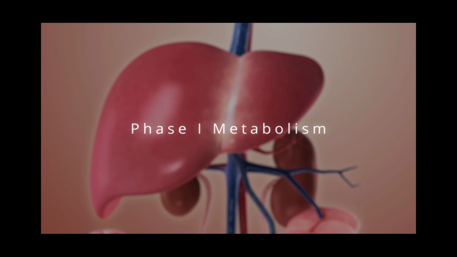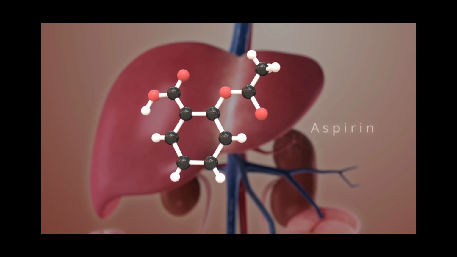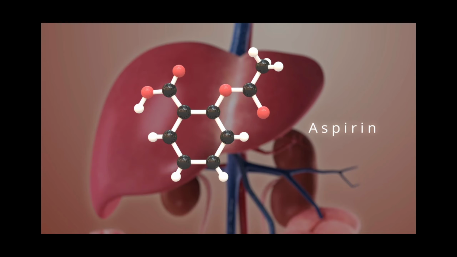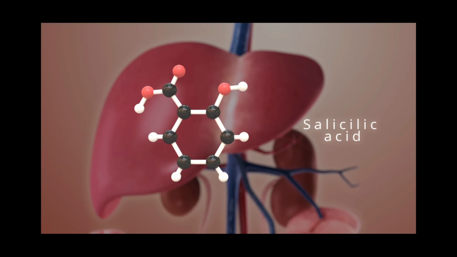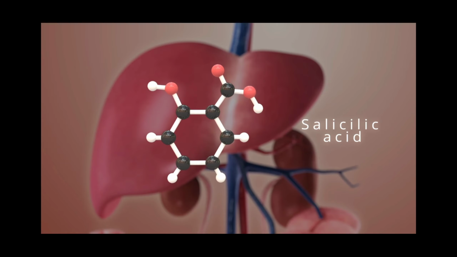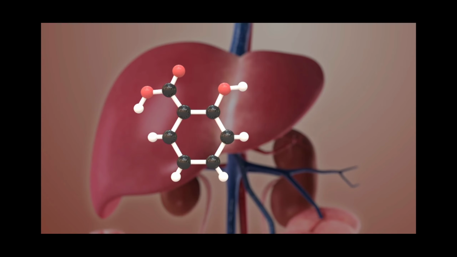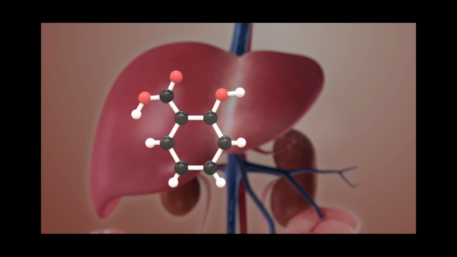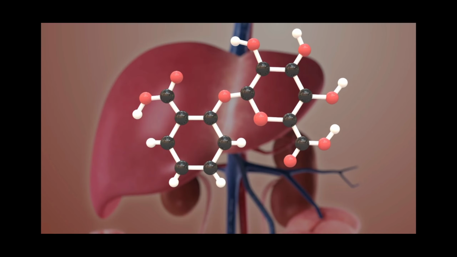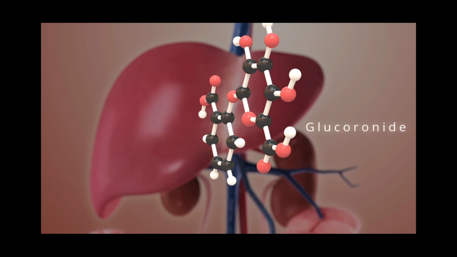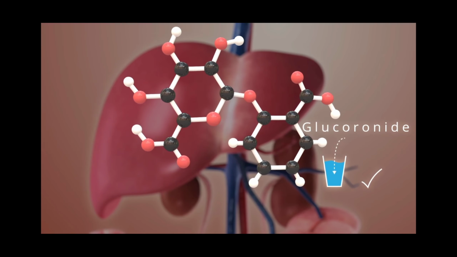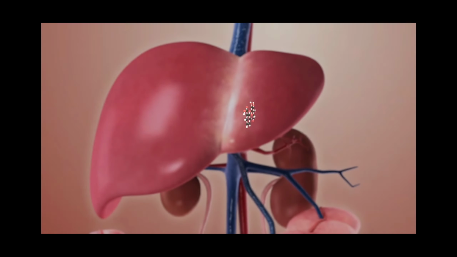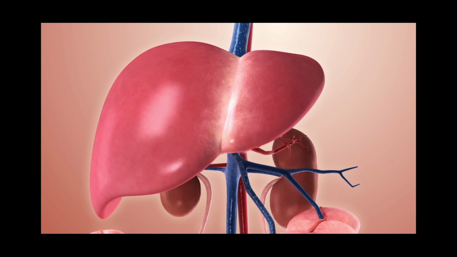Phase 1 metabolism. First, aspirin is hydrolyzed, breaking off ethanoic acid and leaving behind salicylic acid. This salicylic acid isn't water-soluble, so it can't be excreted in urine. Phase 2 metabolism. An ionized group is then added to the salicylic acid, forming glucuronide, which is water-soluble and can be excreted in urine. A lot less of the aspirin will continue its journey onto the rest of the body, including the site